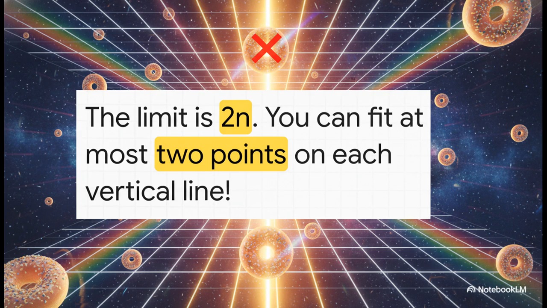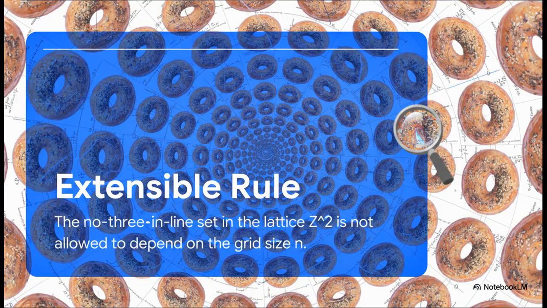Mathematicians have known for a long time that you can get pretty close to this 2n limit on finite grids, using these incredibly complex structures like modular parabolas to pack the bagels super tightly. But what happens when the grid never ever ends? Well, this brings us to Joshua Erde. He introduced a complication that turns a fun little puzzle into a massive mathematical headache.